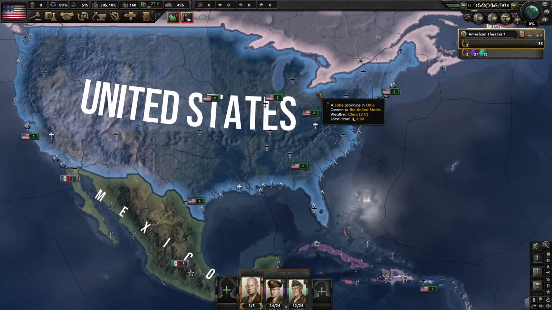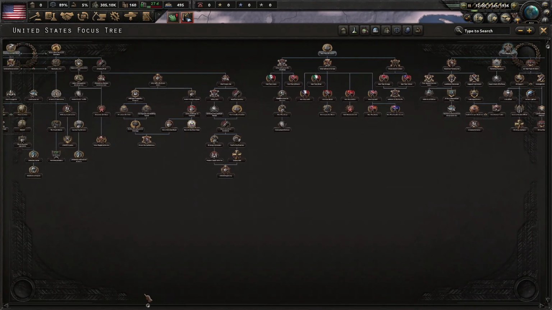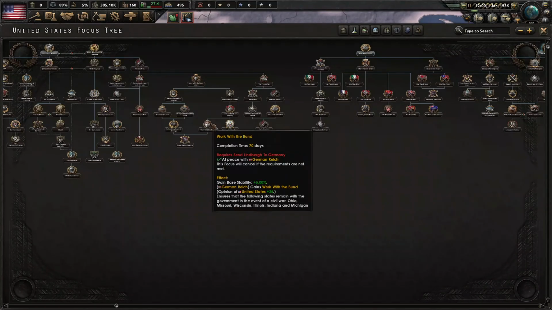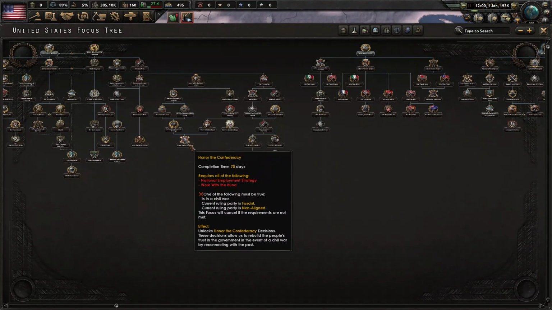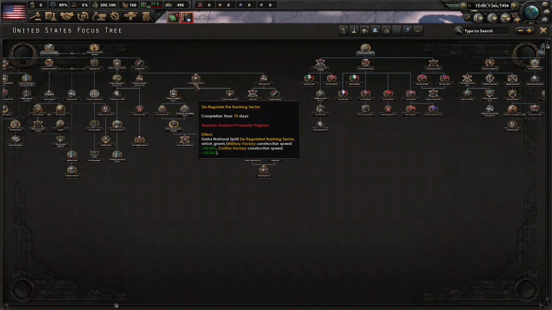We're going to turn fascist and ally with the Silver Shirts, and try to get these two over here that are supposed to help with the Civil War when all is said and done. We're not going to do this just because I don't want to have that on the YouTube channel, for what should be obvious reasons. But we are going to go down that path, and hopefully we'll be the Free American